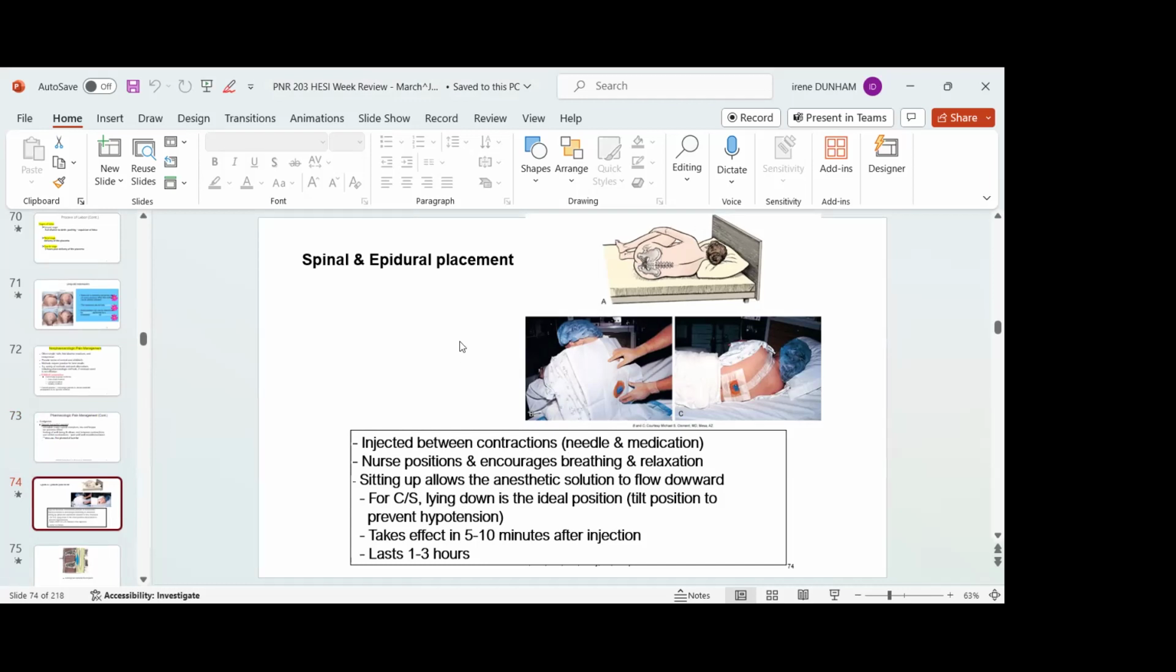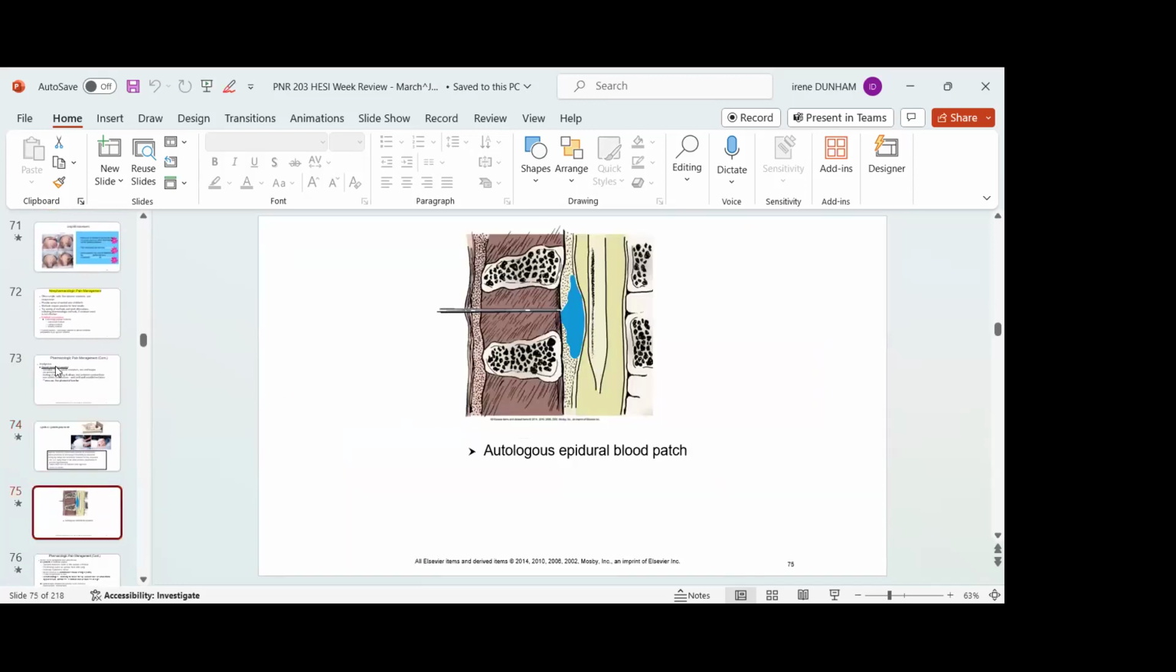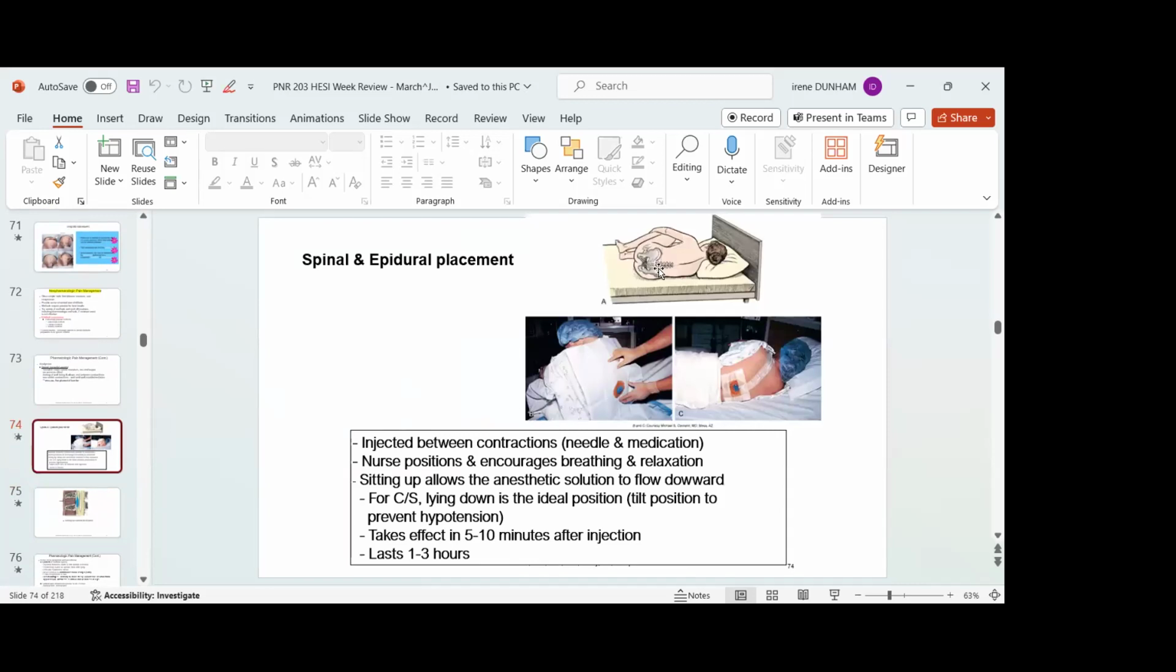So epidurals are good. You give them as they enter into the active phase, and it does help them with the contractions. They don't feel them anymore. And sometimes my patients went to sleep during the labor, and I had to wake them up to deliver. So it's time to push. So they do work. And this is just a diagram to show you, back here, excuse me, of where we